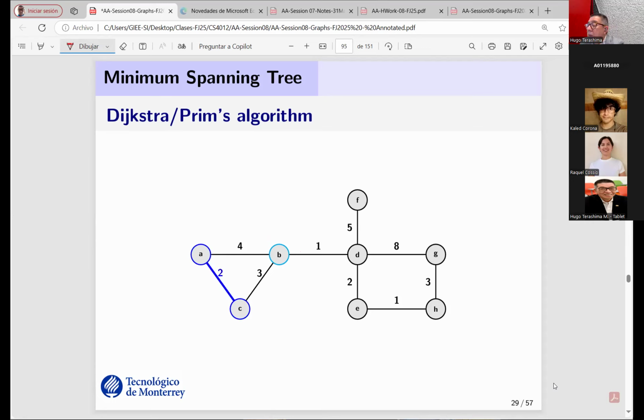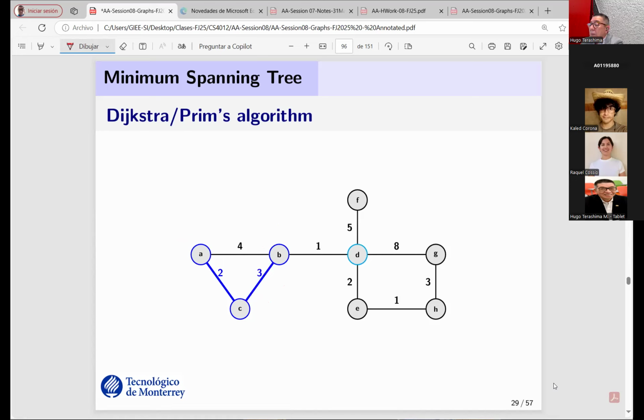So it's going to include C in the MST. And these two are connected to this only frontier. So it's going to choose 3,